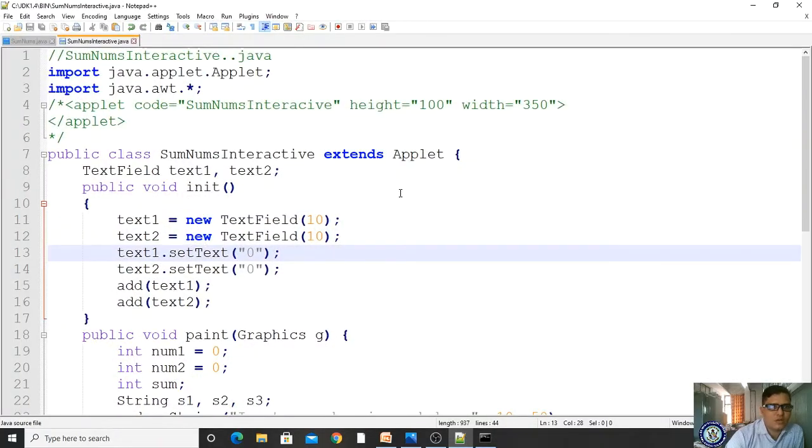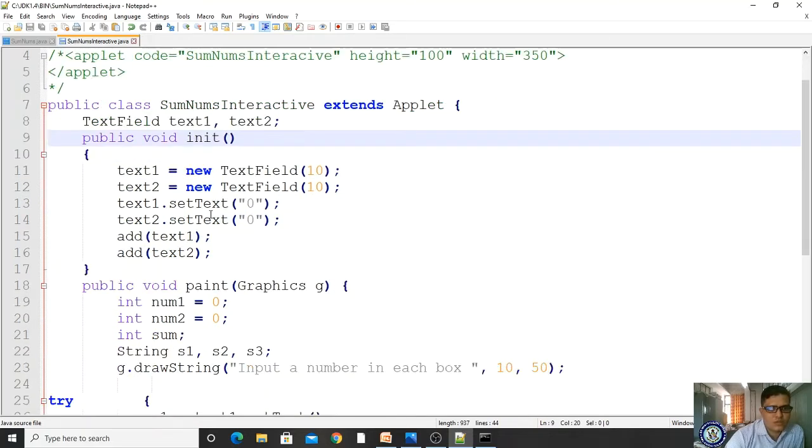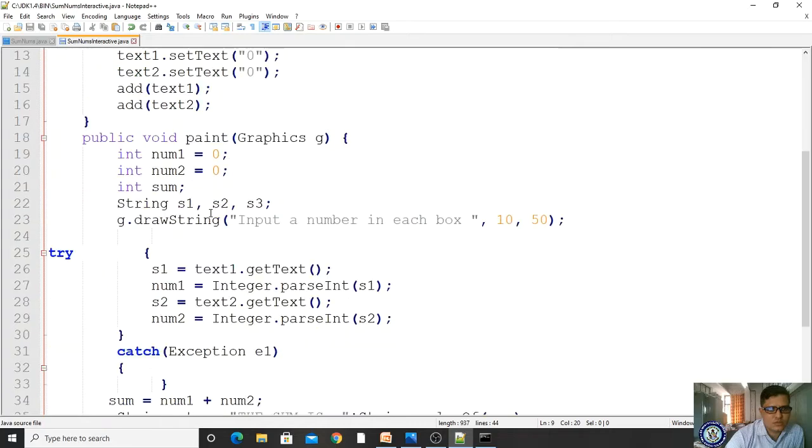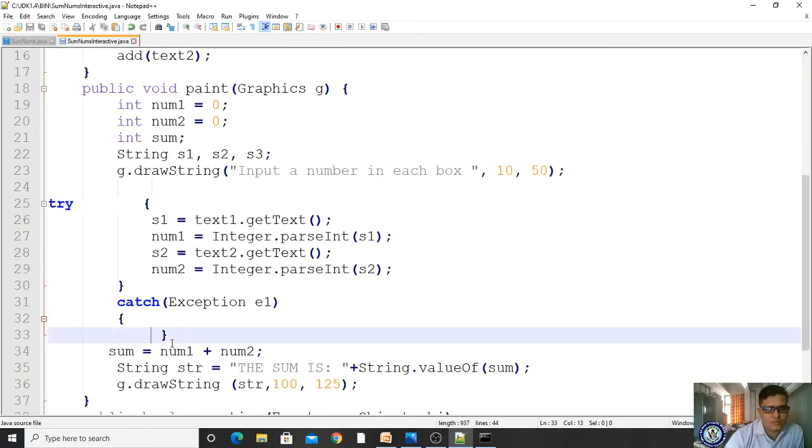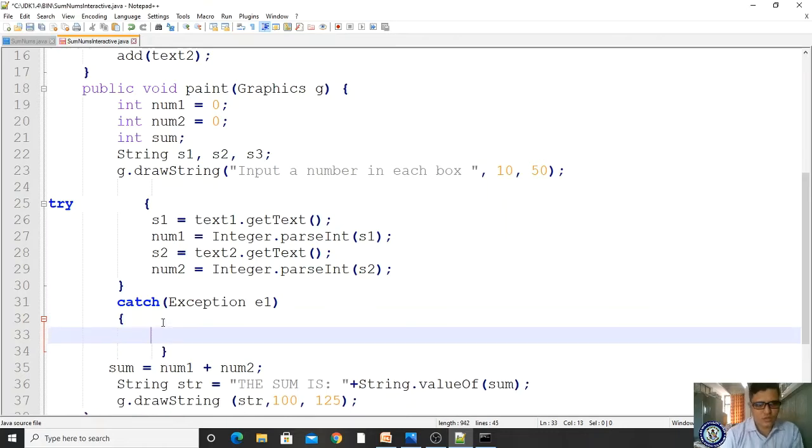Yes, let us see carefully. Correct, public class is correct, public void init correct. Right, let us find what is the error.